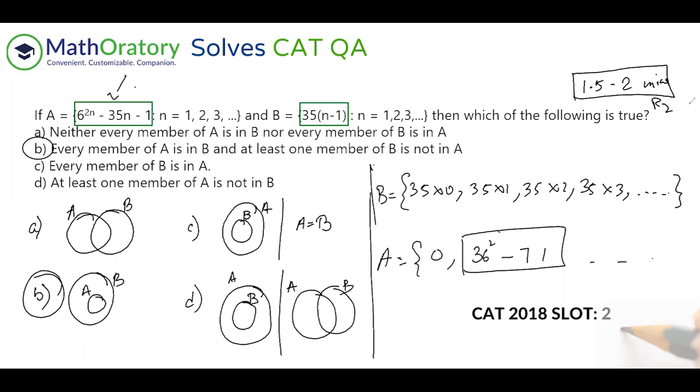Do not try a question like this in round 1. It has a bit of analysis and very critical analysis. So better to solve this question in second round of scan. But once you understand this idea, it's very easy. You can actually understand the options that I discussed here in the Venn diagram without drawing the Venn diagram, but then drawing the Venn diagram may give you a bit of clarity. I can visualize the same thing without drawing it. The better you understand set theory, the better you'll understand that without drawing the Venn diagram.